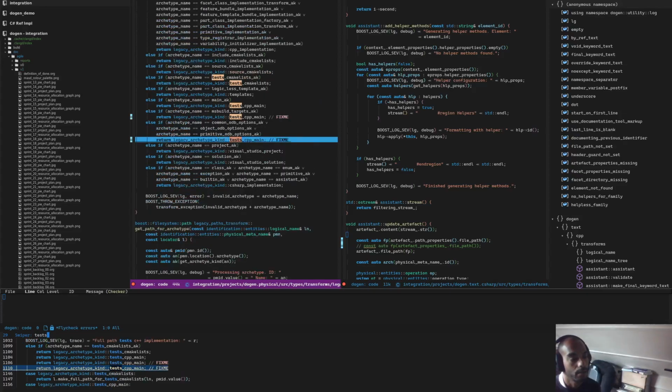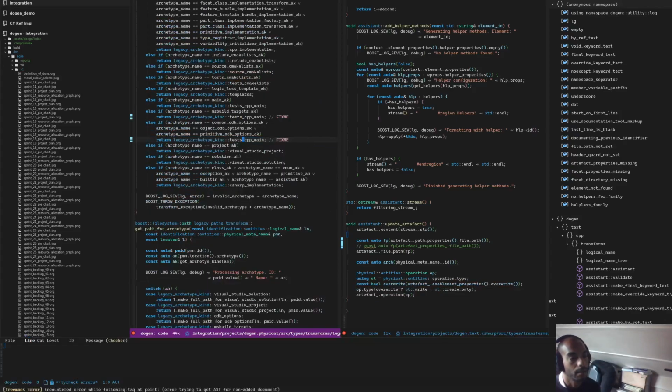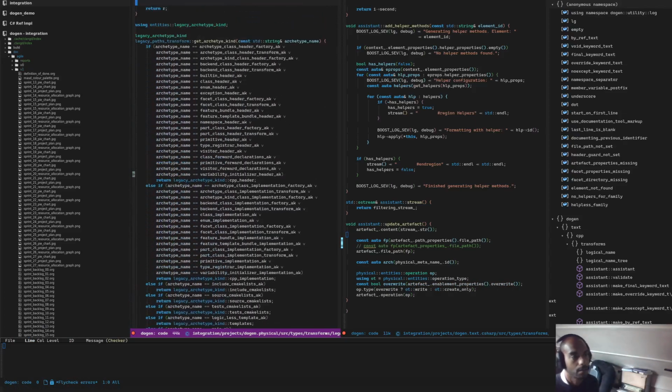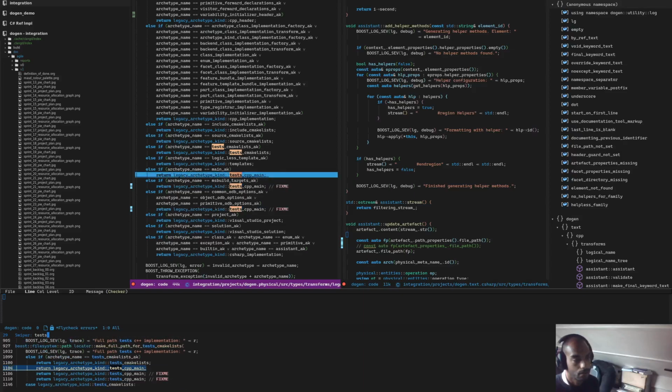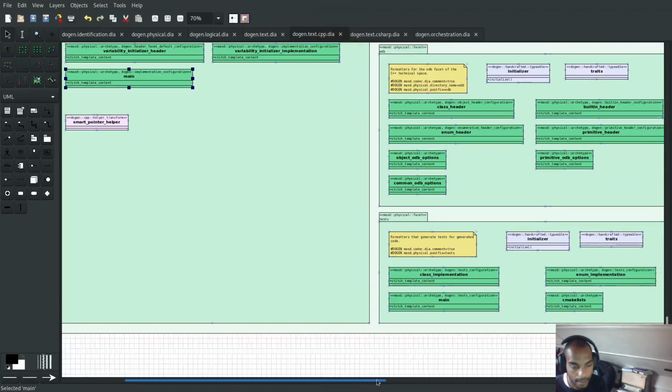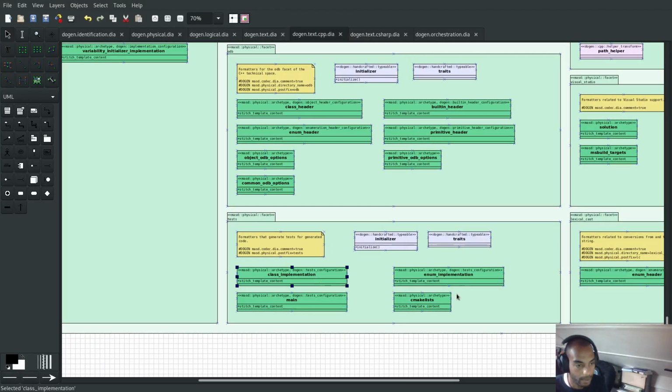Now what we need to bear in mind here is that there doesn't seem to be a lot of handling for tests. We would expect to see some archetype. So let's think about this. Yes, so similar problem really. As you can see here, we've got exactly the same problem. So for class implementation, class enum implementation, everything that goes in the tests, we need to filter out by full name really, and then